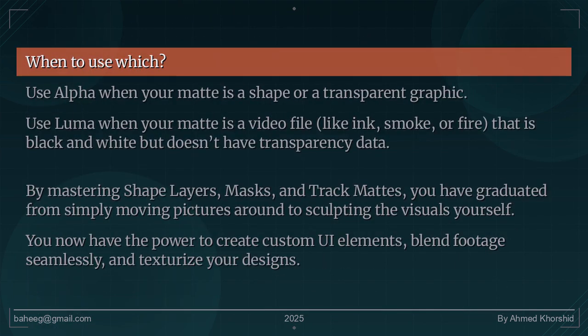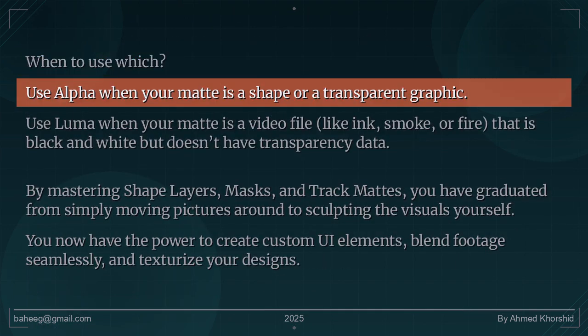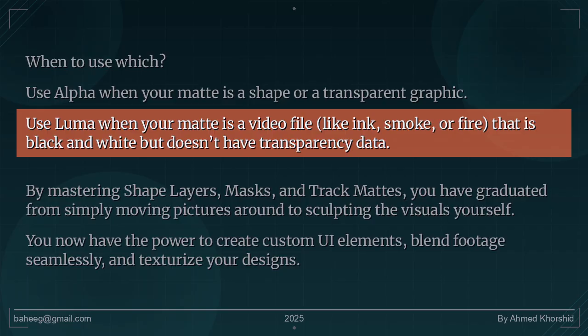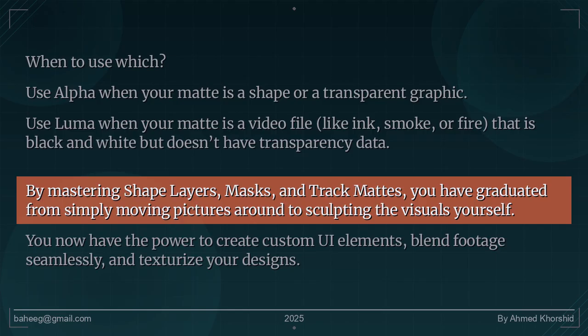When to use which? Use alpha when your matte is a shape or a transparent graphic. Use Luma when your matte is a video file, like ink, smoke, or fire, that is black and white but doesn't have transparency data. By mastering shape layers, masks, and track mattes, you have graduated from simply moving pictures around